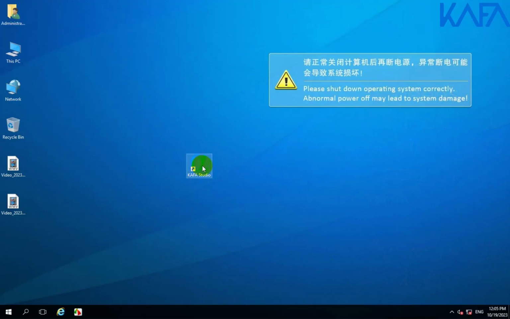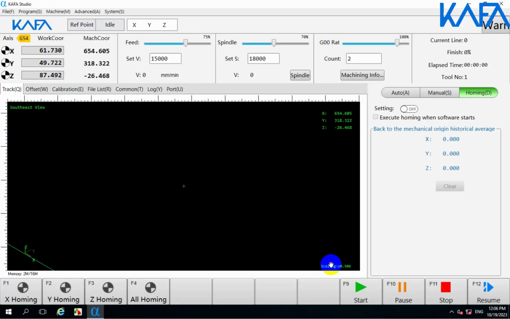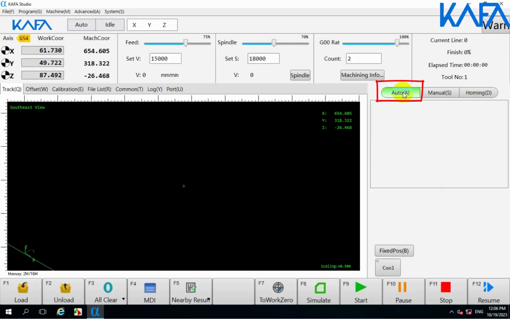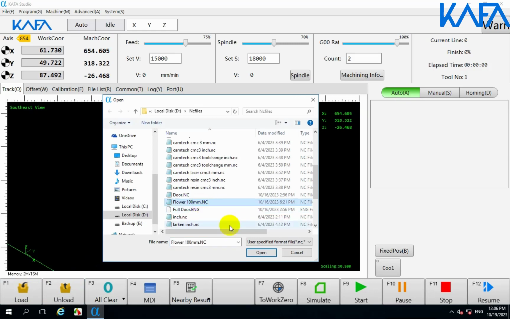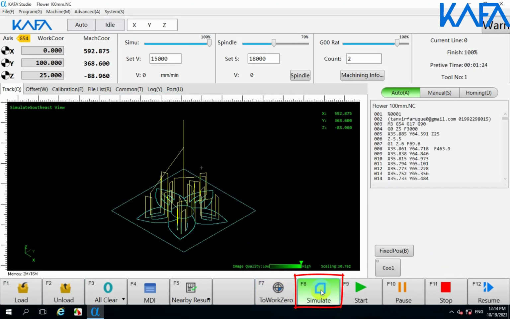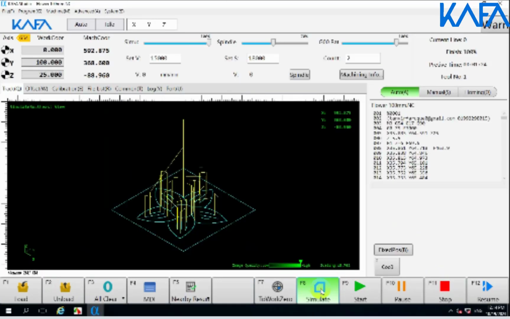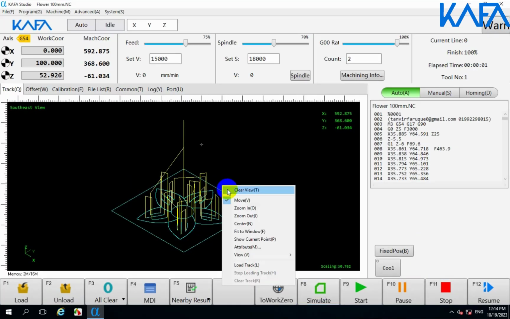First, we will run KAFAstudio. Then click on Auto. Then click on Load to upload the design. Select the required design and click on Open. Click on Simulate to see how the uploaded design will look when finished. Then click Simulate again, and after lifting the highlighter, click the right mouse button on the design and click Clear